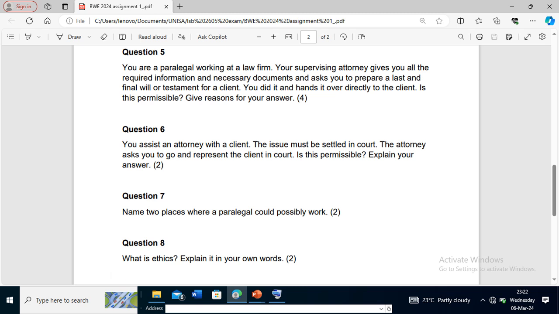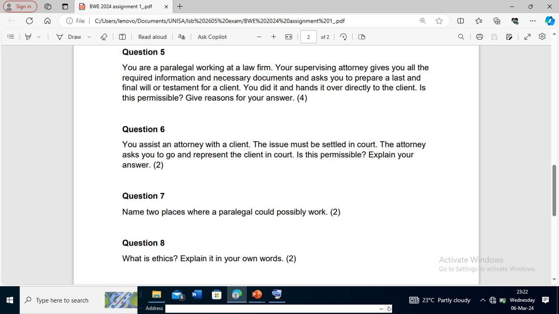number 6. So number 6, you assist an attorney with a client. The issue must be settled in court. The attorney asks you to go and represent the client in court. Is this permissible? Explain your answer. Even this one is still a no. It's still a no, because